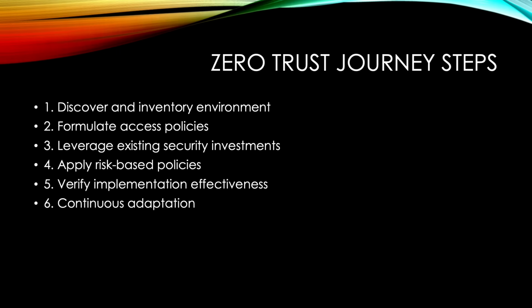To support organizations on this journey, NIST recommends a practical step-by-step process. The first step is to gain full visibility into the environment by identifying all systems, users, and data flows. From there, organizations should define access policies that reflect both their business objectives and risk tolerance. Existing security investments should be leveraged wherever possible to minimize duplication of effort. Policies should be applied incrementally with continuous testing and verification to ensure that they are functioning as intended. Finally, organizations must remain adaptive, recognizing that the threat landscape, business requirements, and available technologies will continue to evolve over